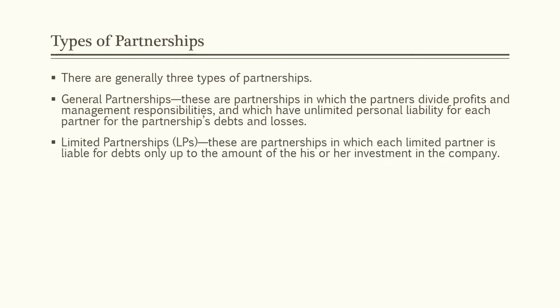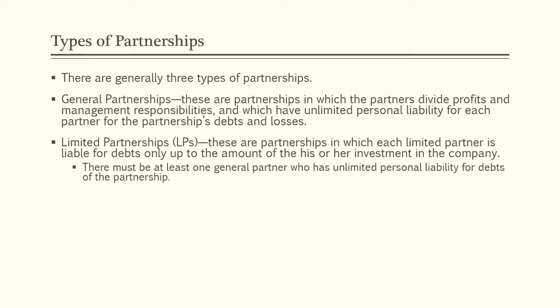The second type of partnership is called a limited partnership, or an LP. These are partnerships in which each limited partner is liable for debts only up to the amount of his or her investment in the company. There must be at least one general partner who has unlimited personal liability for debts of the partnership. The way LPs are structured is that there is at least one general partner who is personally liable for all the debts, and then there can be several limited partners who are only liable for the debts up to the